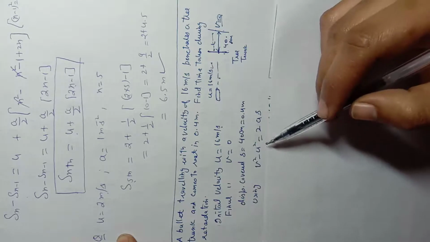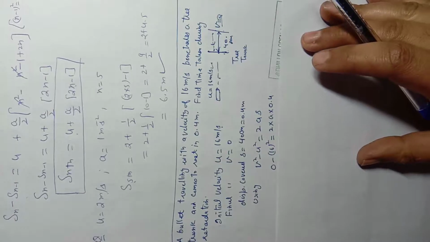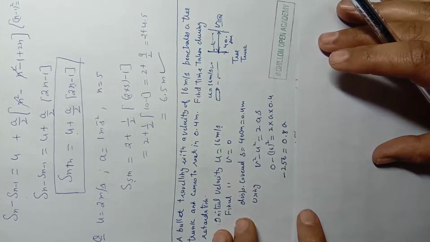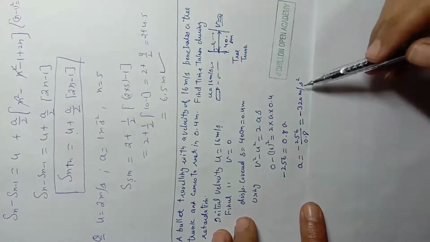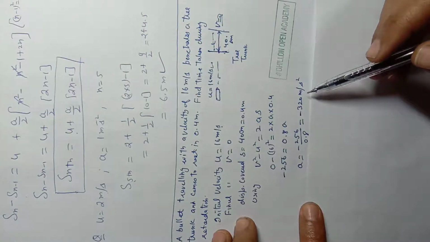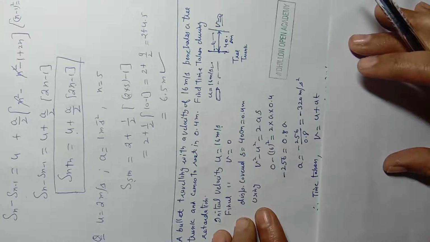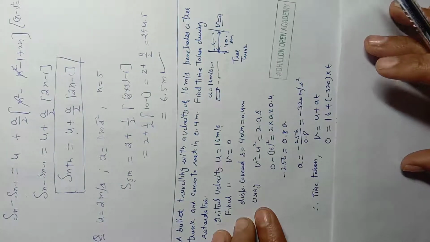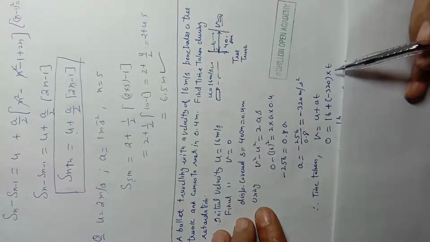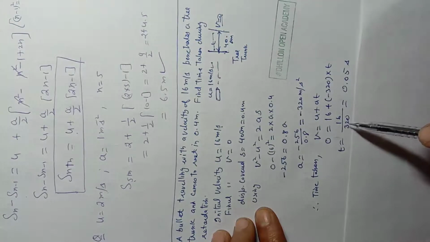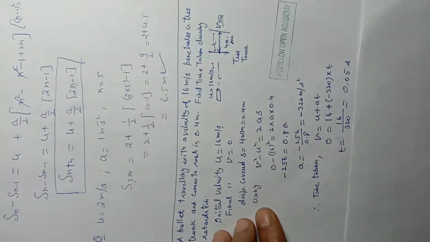So if we use the equation of motion v square minus u square equal to 2as and substitute the value of respective quantities, we get a retardation, or acceleration, of minus 320 meter per second square. We want to find out the time in which it was brought to rest. So if at the last we use equation v equal to u plus at and substitute the values, v is 0, u is 16 meter per second, acceleration is minus 320, t to be determined. The value of the time comes out to be 16 over 320, which will give us answer of 0.05 seconds.